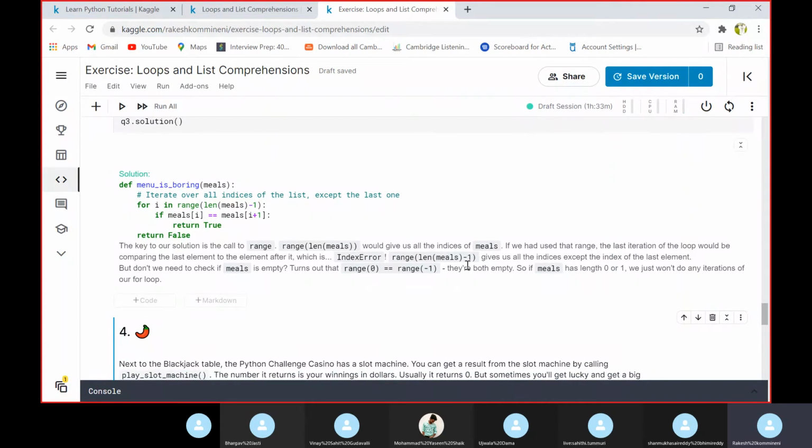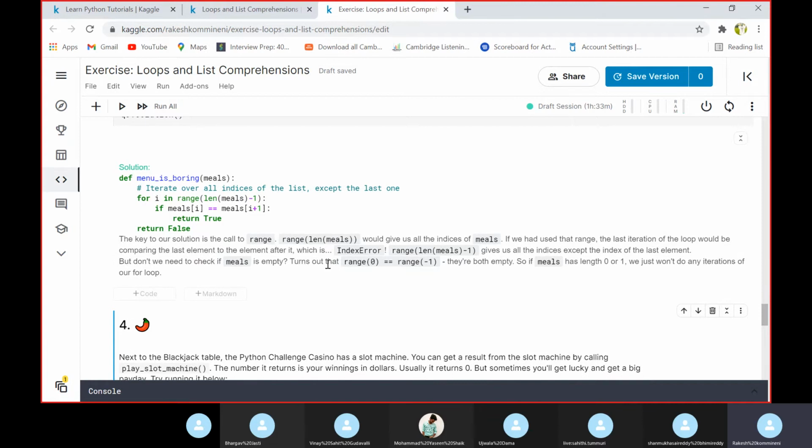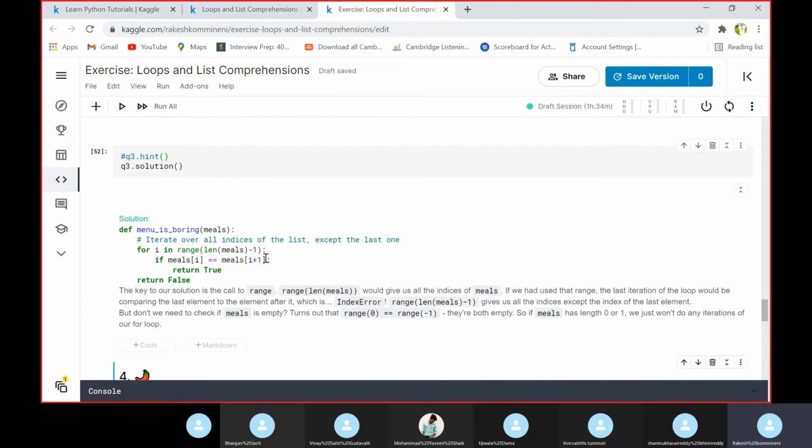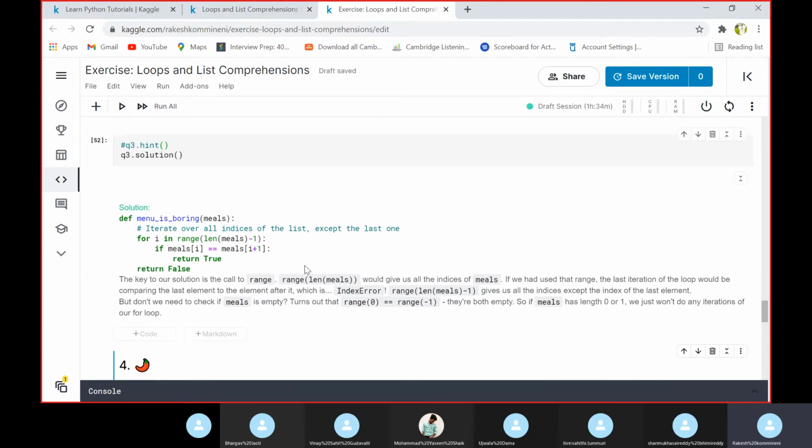So range of length of meals minus 1 gives us all the indices except the index of the last element. But don't we need to check if meals is empty? Turns out that range of 0 is equal to 0, so they are both empty.